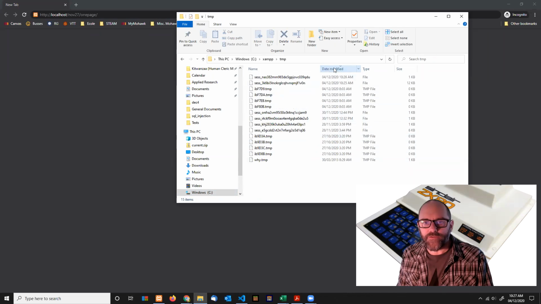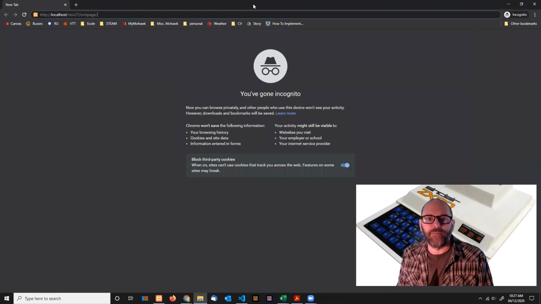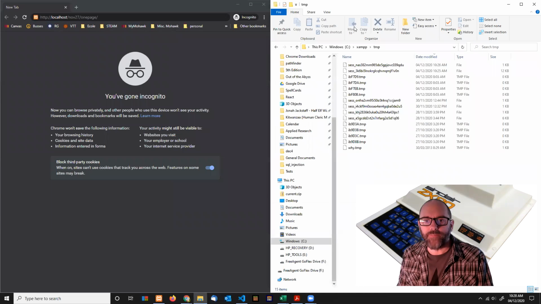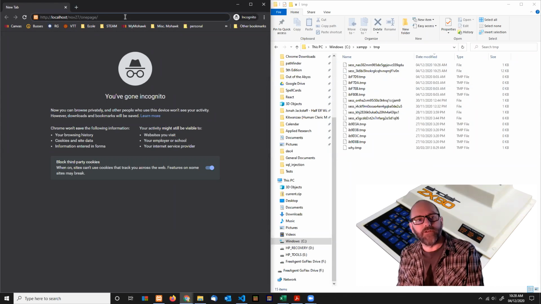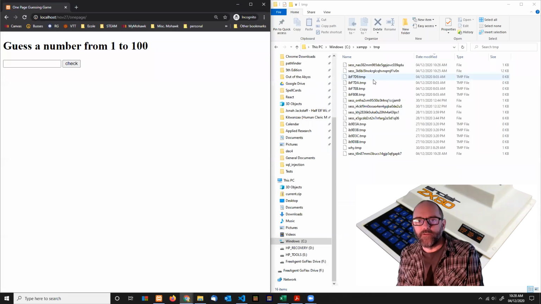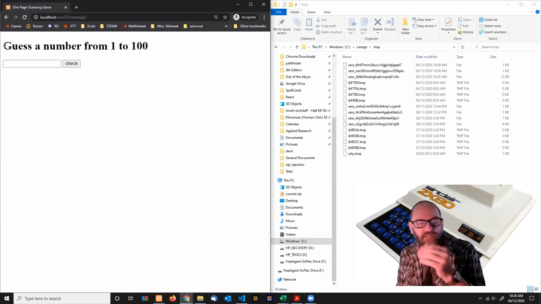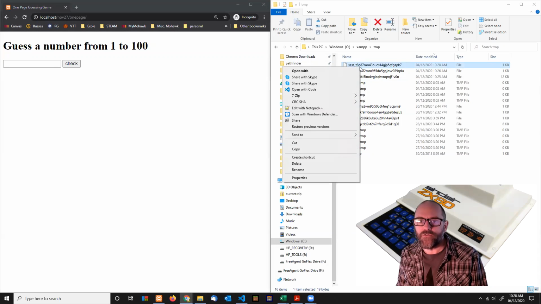I think these are organized by date modified, so the most recent sessions are at the top. But let me just show you, when I go to this page now and hit go, it'll create a new session for me, and you should see a new session pop up here. There it is. If you remember this program from last week, it does a session start, and then it generates a random number and stores it in the session. And if I open this, which I can do with Notepad,